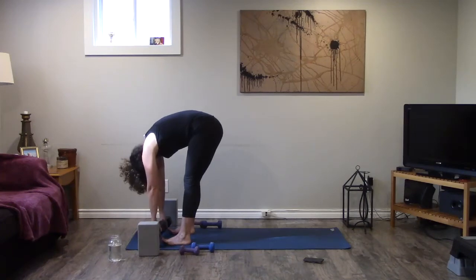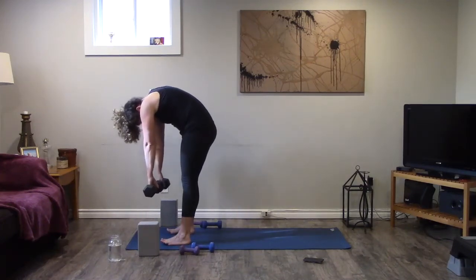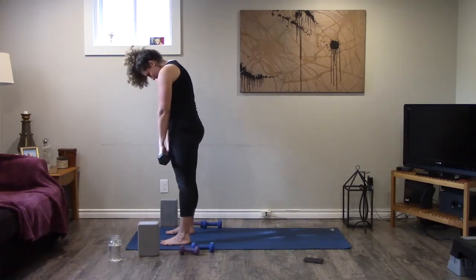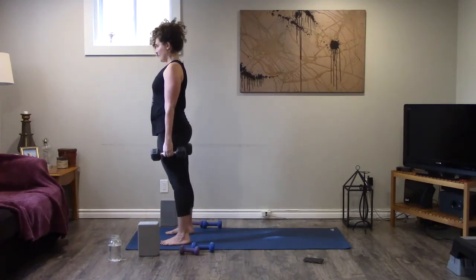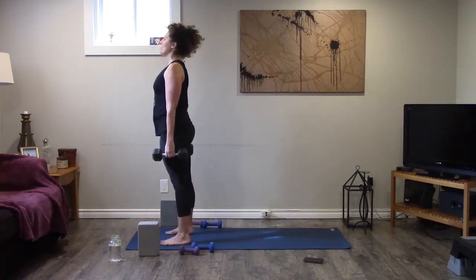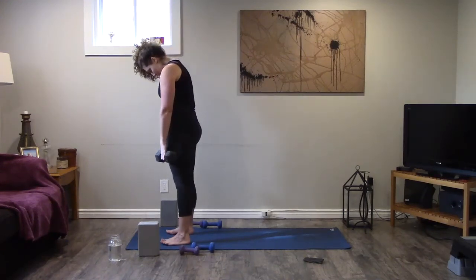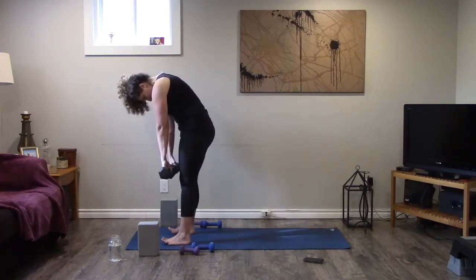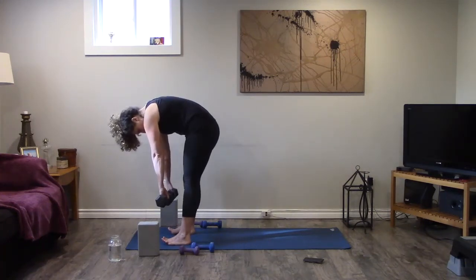Press into the heels. Use your legs to slowly peel up 1 inch at a time. Let the head be the last to lift. Great. Let's do one more going down. Tuck the chin. Round the spine, piece by piece, trying to articulate and move slow, controlled, and mindful through the